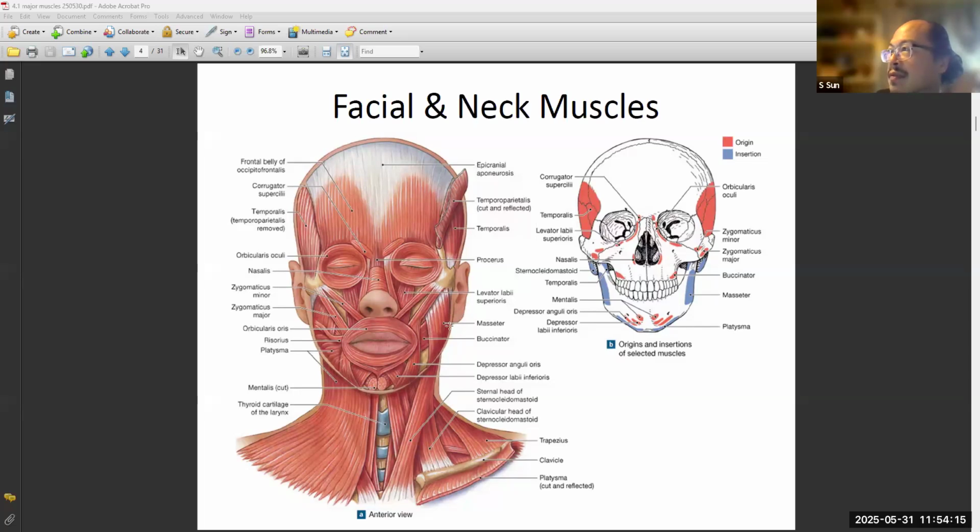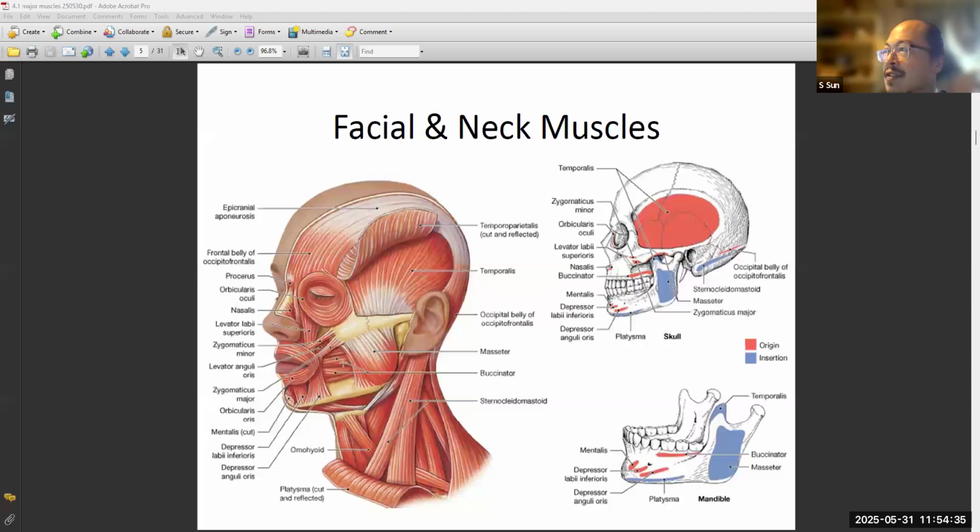Then down here we have the masseter. This masseter controls your mandible. So it's a strong muscle to help you chew your food. And then this muscle, buccinator, you can see buccinator from the side right here. Buccinator helps you blow air out. Here you can see the masseter. So here the zygomatic arch provides for the muscles, including zygomaticus minor, zygomaticus major, and also masseter,